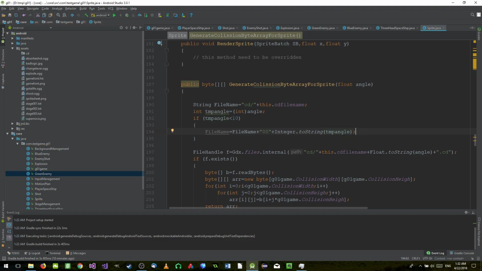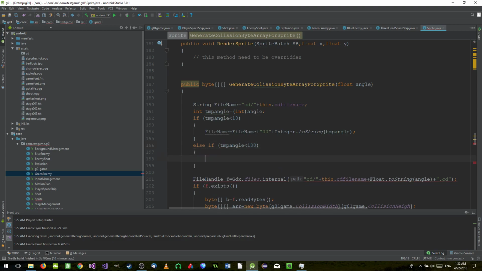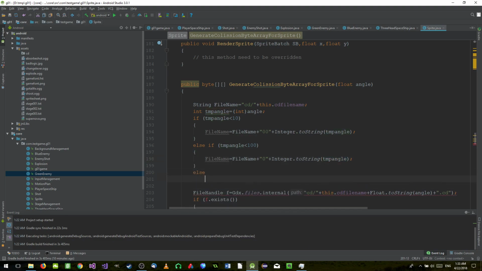The reason for that is that I want to use 3 digits. Now else if GMP angle is smaller than 100, since this number will be 2 digits, we just need to add a single 0, and finally else we just say,